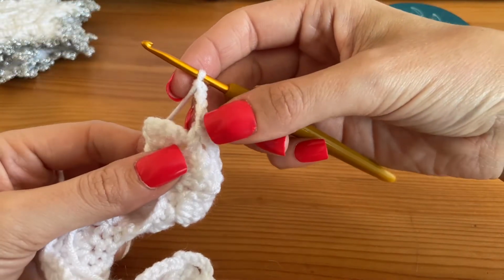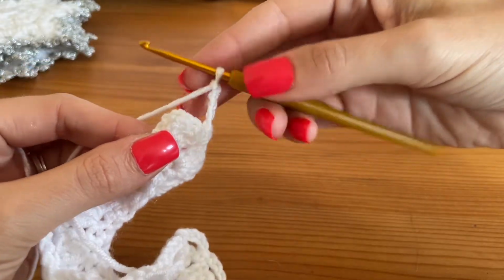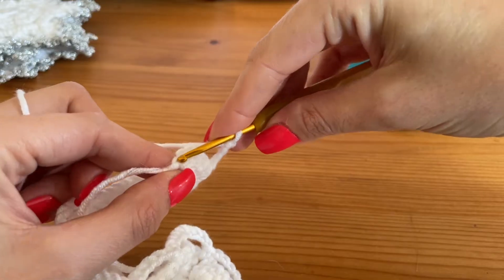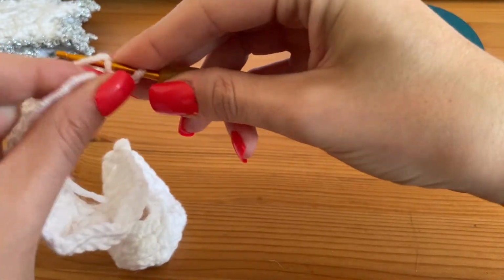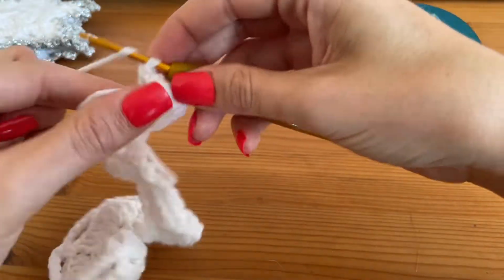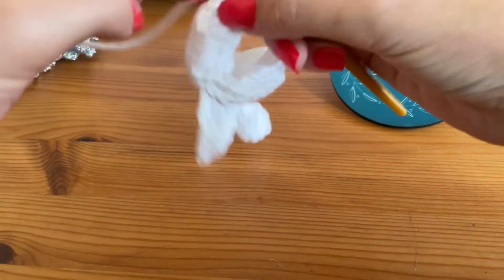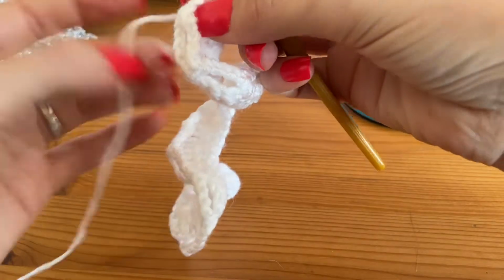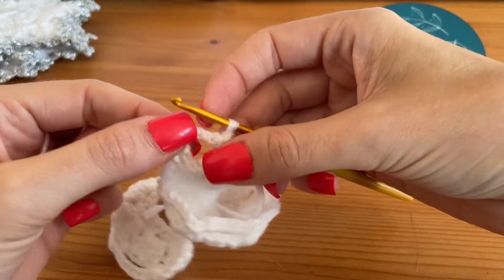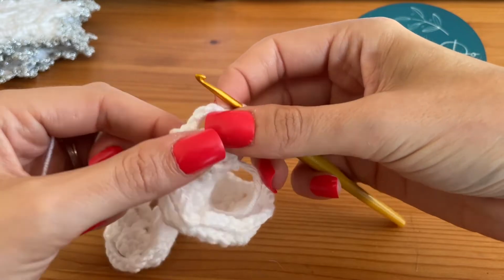I've got my final chain 5, and then what I'm going to do is just skip over the 4 stitches there and then just single crochet into that end piece there, okay? Then what we're going to do is make a chain of 1 and turn our work. Now what we're going to do is work 9 single crochets into each chain 5 space, okay, so that's 9